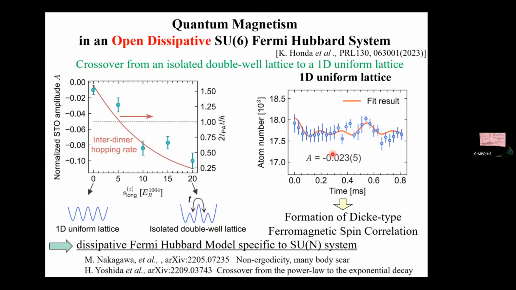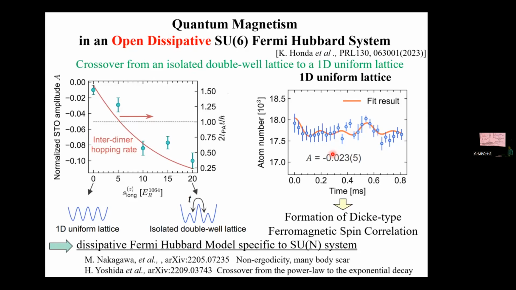Initially, it's typically one particle per site, but after the dissipation, it should be smaller. But there is a harmonic confinement, so at the center of the trap it should be larger, but we don't know.